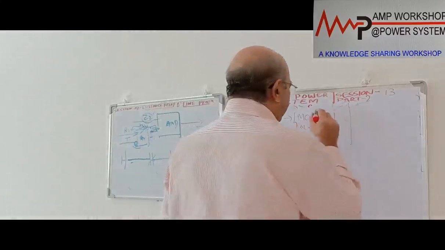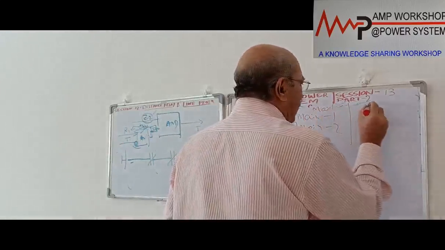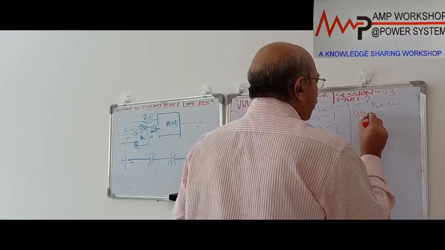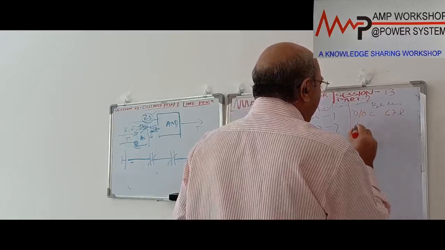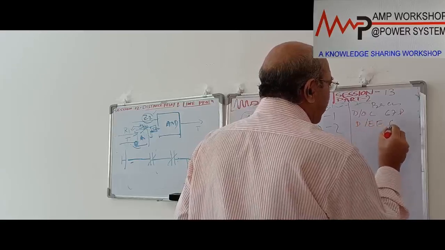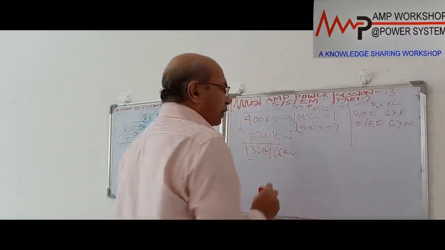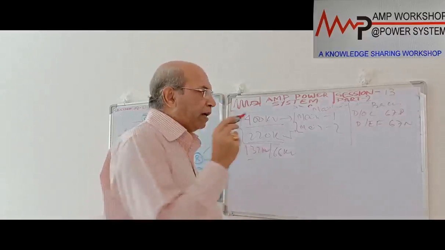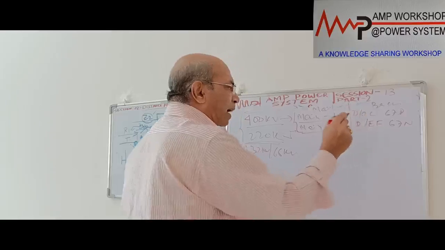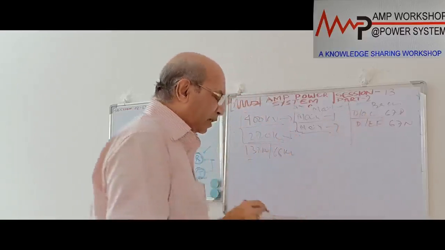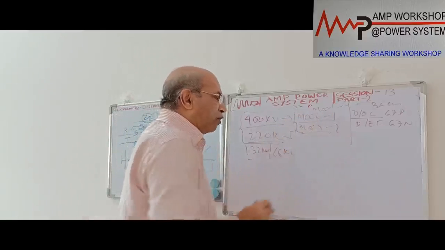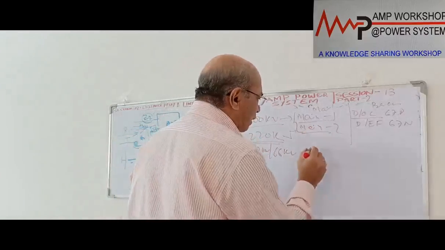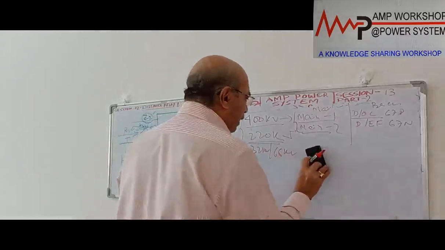And this will be backup. This is the main protection, and there is a backup protection with the main protection, which is directional overcurrent. Directional overcurrent means 67 for phase, and directional earth fault, which is also backup, with 67N. So in the case of 400 kV and 220 kV transmission lines, we have two main protections, main 1 and main 2, and one backup protection, which is directional overcurrent and directional earth fault protection. Now these main 1 and main 2 protection relays will all be non-switched scheme. First let us discuss the relay type and scheme type.